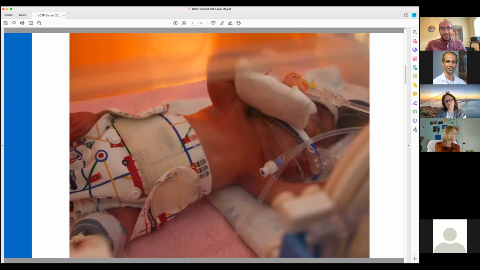I was inspired to do this work from, as Sohail mentioned, the year I spent in the Eastern Congo in the city of Goma, where this photo was taken. Aside from the diaper couture, this actually could be San Francisco, maybe without missing the cardiac leads, but it's a well-appearing preterm baby getting CPAP in the city of Goma.